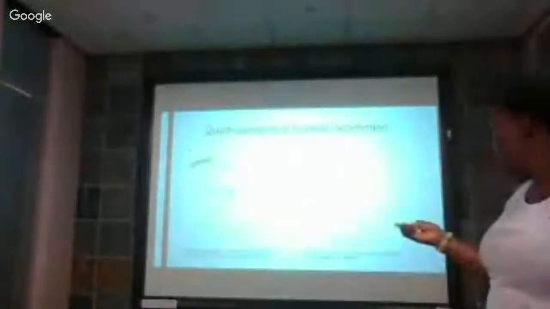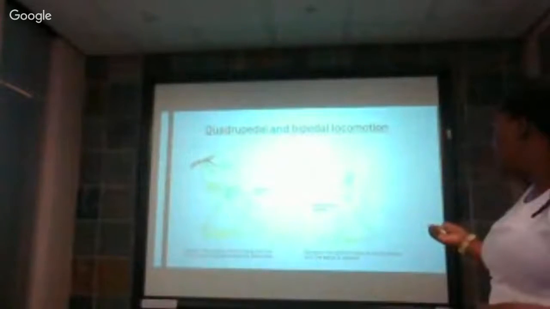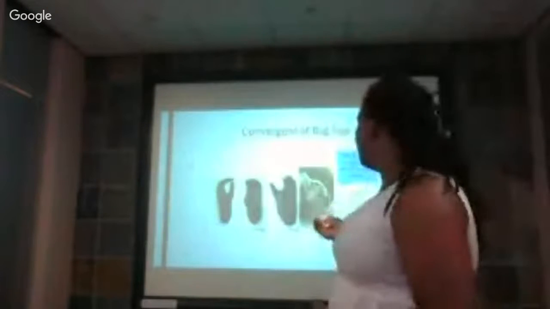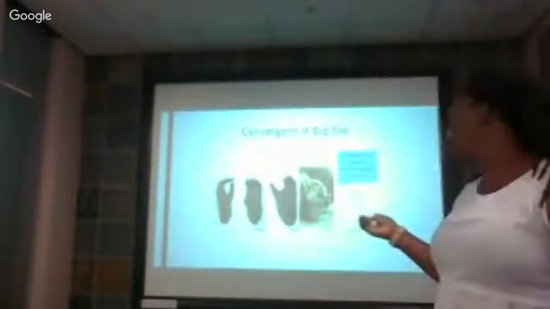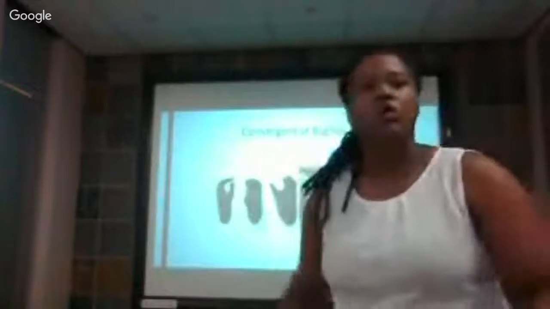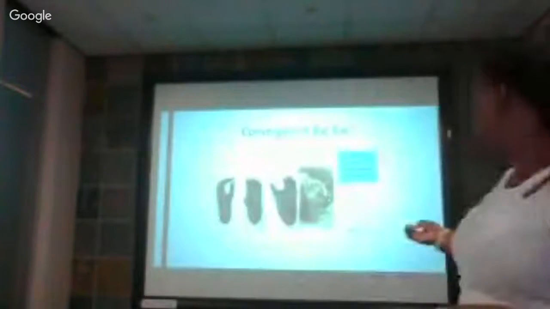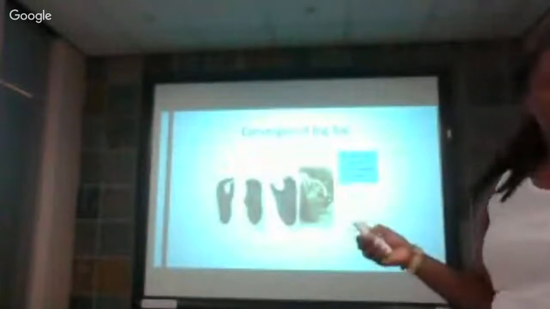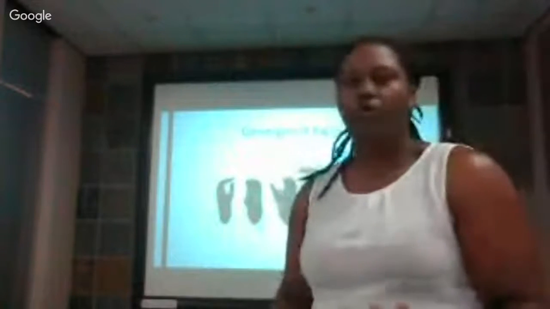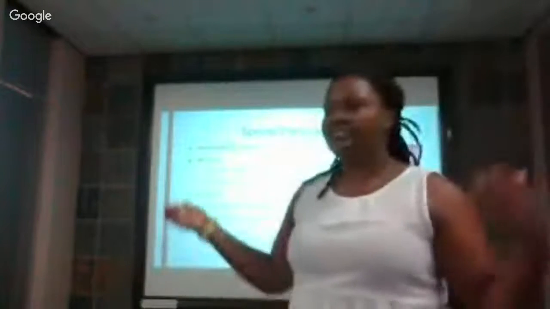These are actually the photos that I was talking about, whereby the pelvis is quite narrow in gorillas and quite wide in humans. Also, look at the convergence of the big toe: in a gorilla there's a huge gap in between because they need balance as they walk with all four limbs, whereas in humans it's quite parallel to the other toes, which means it is able to support both of their legs.